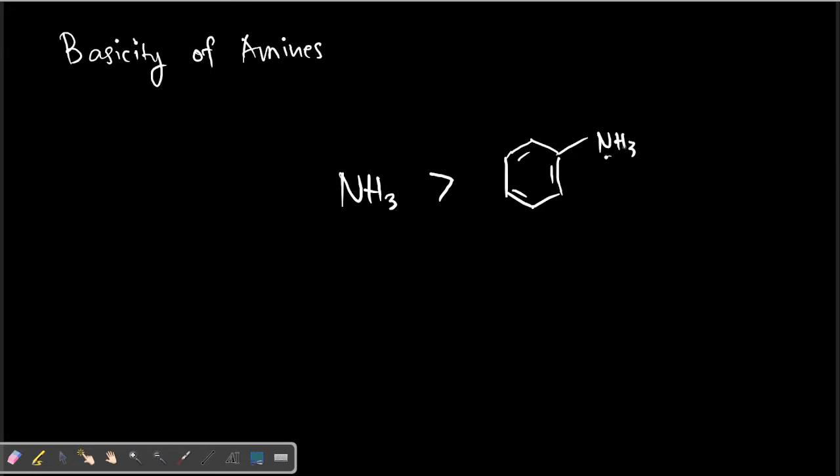So, sorry, that should only be two. Then ammonia is actually less basic than our aliphatic amines. And as for the aliphatic amines, ito yung order ng basicity nila. Pinaka-basic yung ating tertiary amines. Kasunod doon yung ating secondary amine.